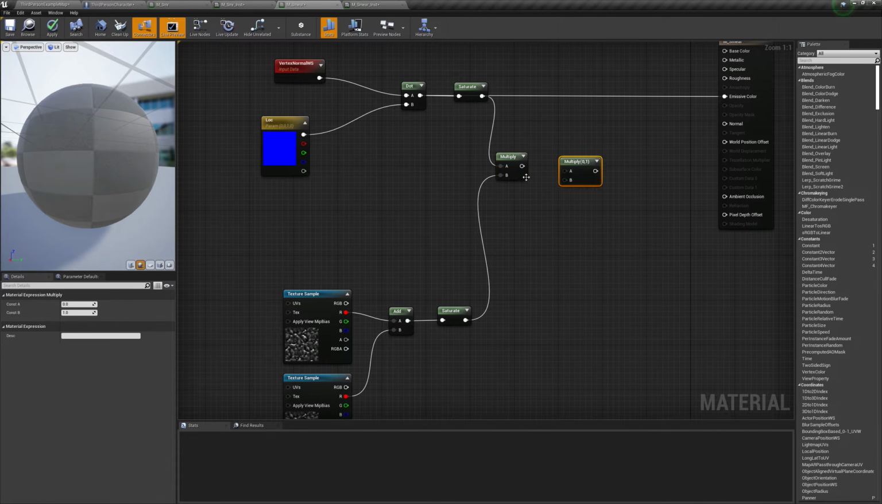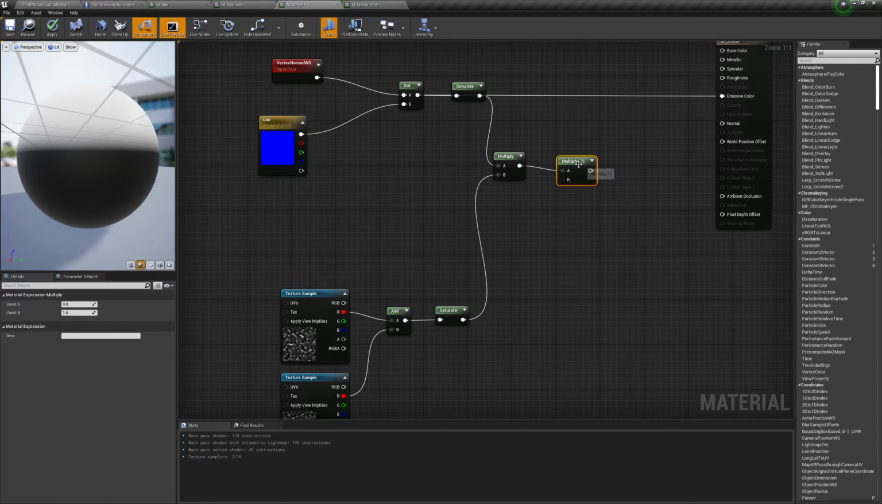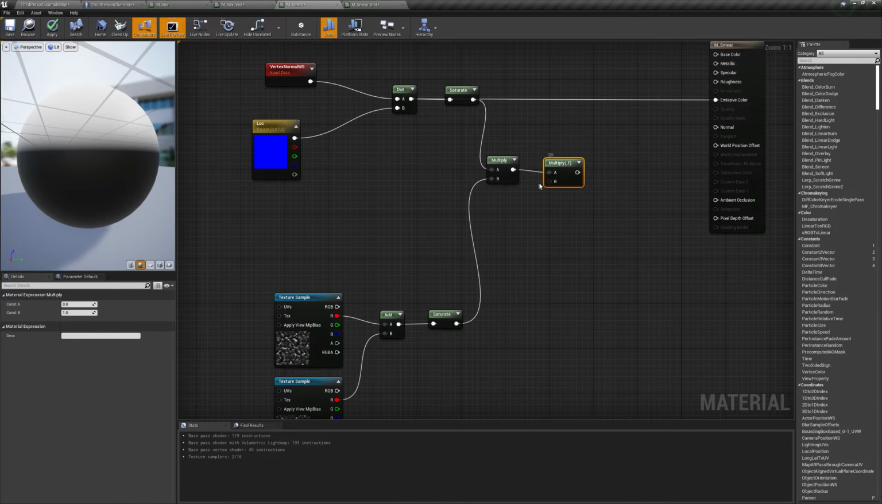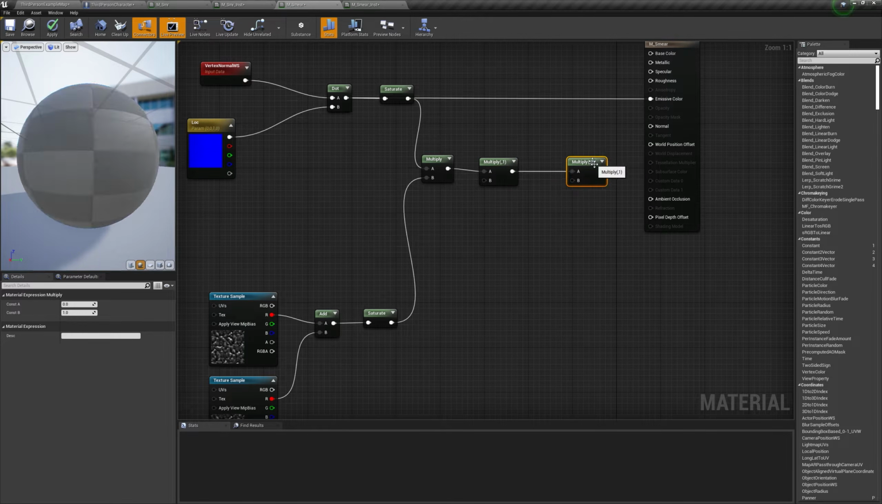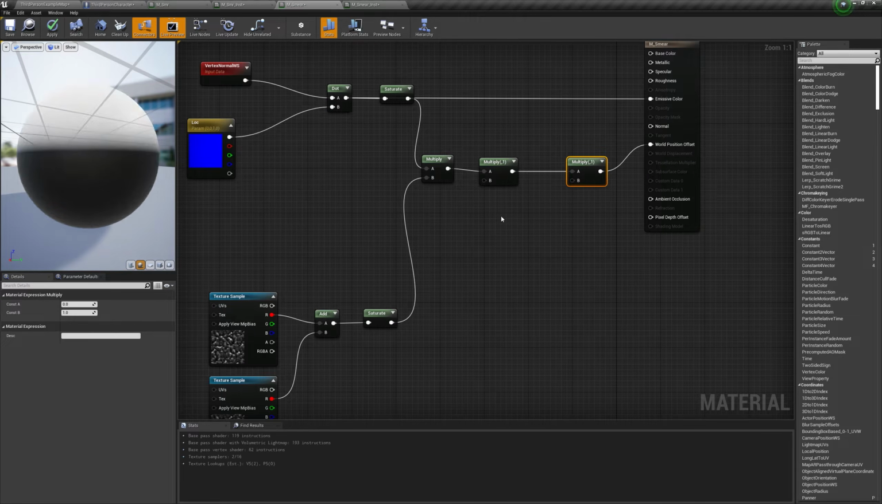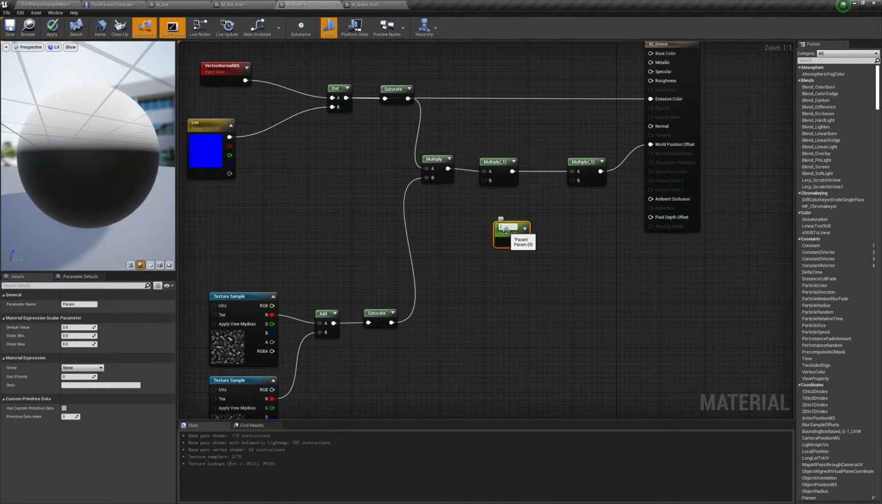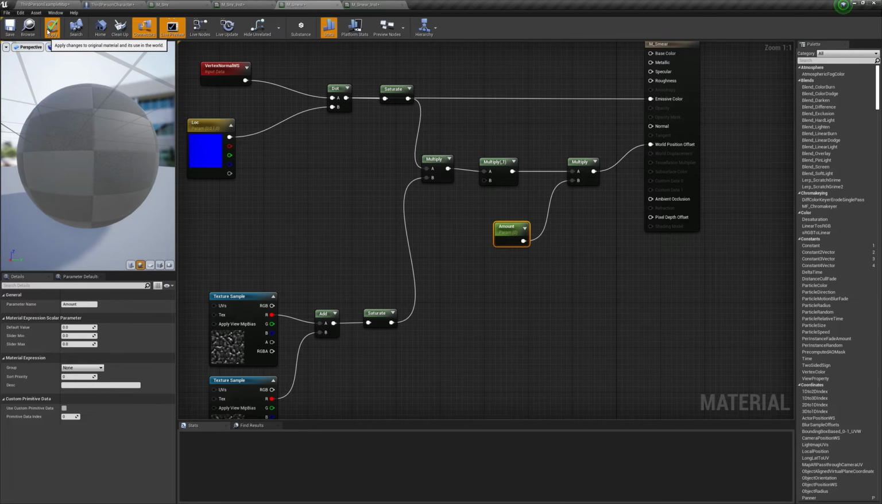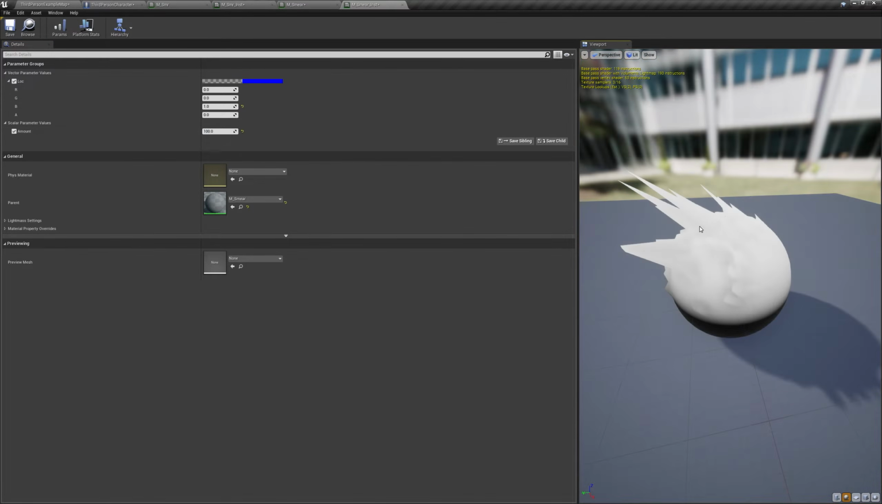And we will get another multiply. So I will explain why we need this later. Just leave it at 1 for now. Now we will get another multiply. And we can connect this to the world position offset. And now if I press and hold S and click, I can get this scalar parameter. And I can call this amount. And I can connect this to the B. Now if I click apply, now if I increase the amount like 100, so now you can see that there